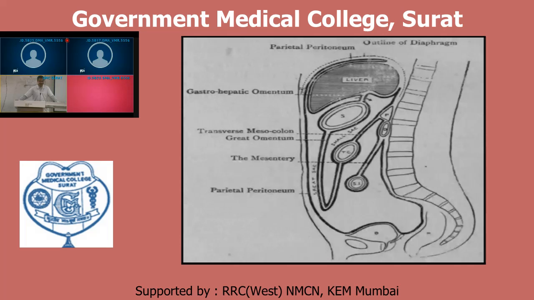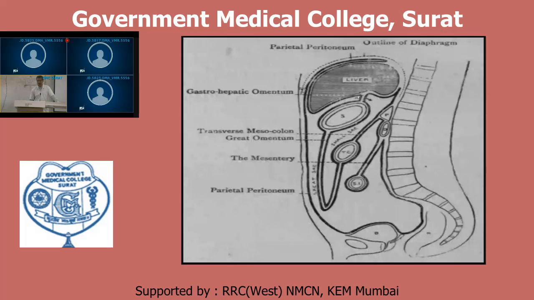These are peritoneal folds. The lesser omentum is a small fold extending from where? From the liver to the stomach, indicated by the arrow. Now this one is the lesser omentum. It shows attachment on the surface of the liver, and then it will go toward the lesser curvature of the stomach.